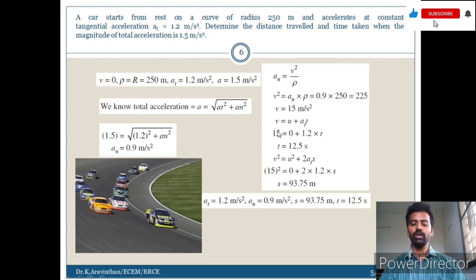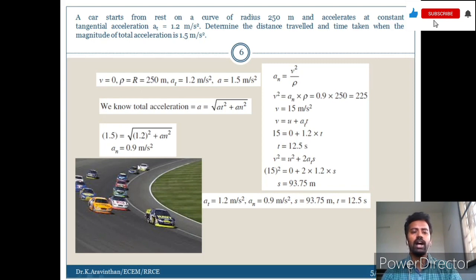So while substituting all the values here, you will be getting t equal to 12.5 seconds. So when a car is moving from rest and the curvature has the radius, so this is a curvature which will be having a radius of 250. If a car is moving in a curved path, it will have an acceleration, that is tangential acceleration and normal acceleration. So you can find the